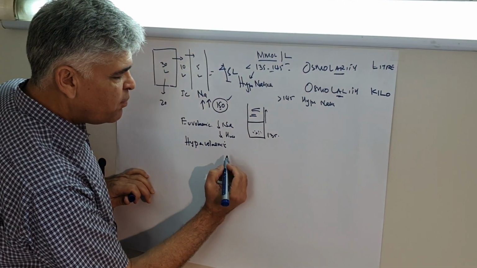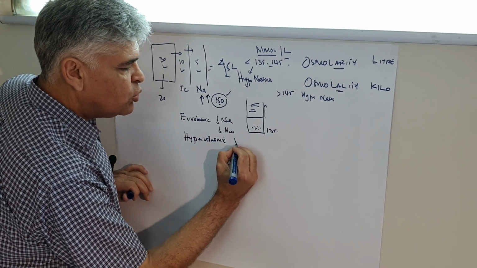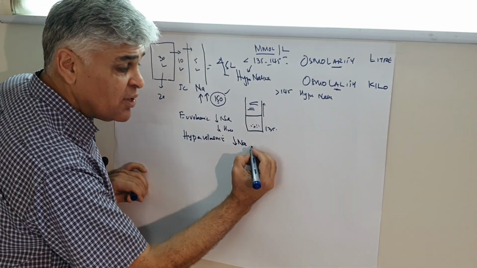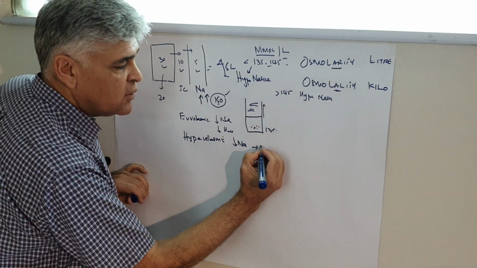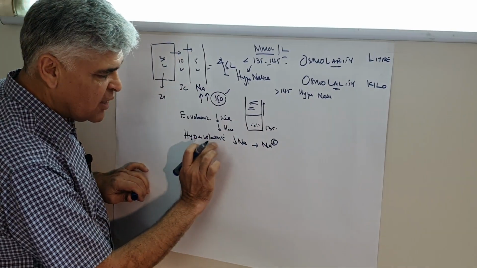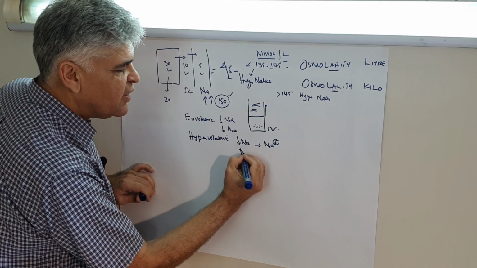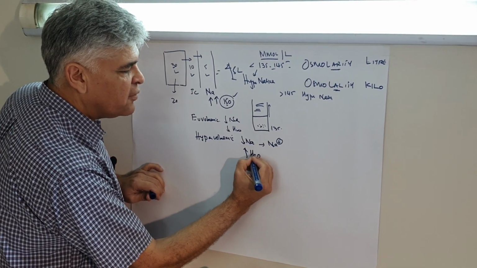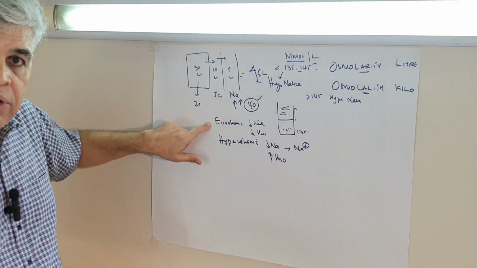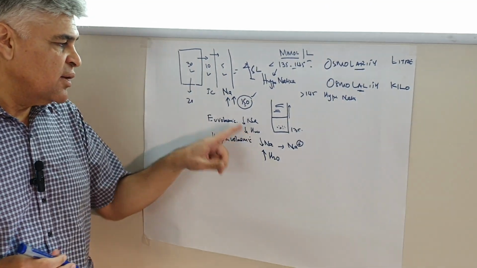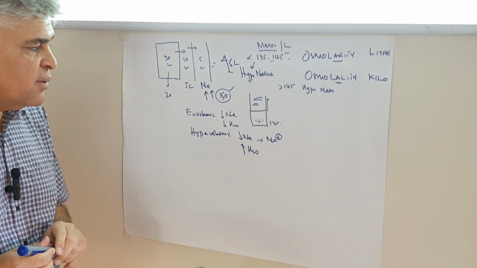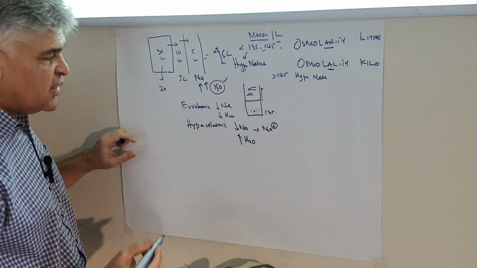So in hypervolemic hyponatremia, you'll have low sodium as it is measured, but the sodium content may be entirely normal in this situation, but you've actually increased the water. So you've got euvolemic, which is also called isovolemic or isotonic hyponatremia. The other one is hypervolemic hyponatremia, and the third one is actually